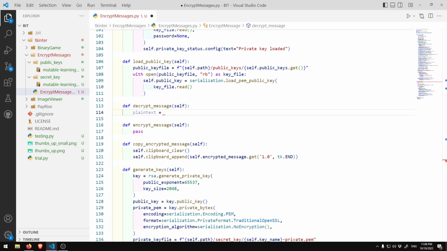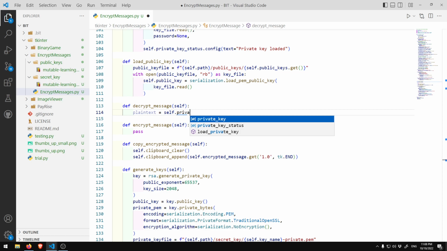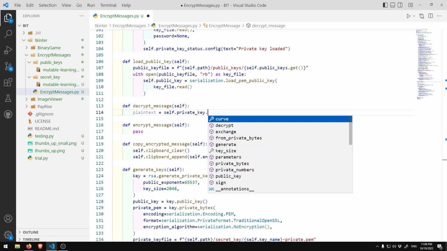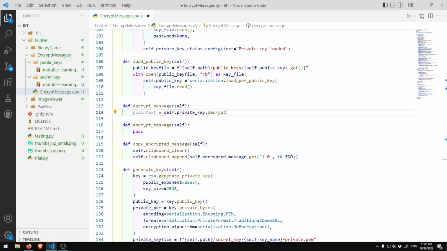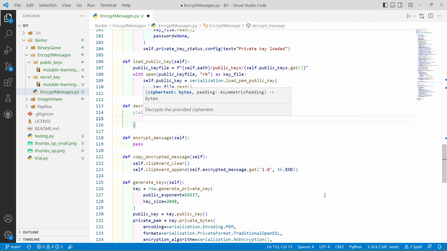Okay. So we use our private key when we decrypt messages. So this is our secret key. That's the reason why we're the only ones who can decrypt the message, because we use the secret private key. Okay, so we use the decrypt function, or method, of our private key, but